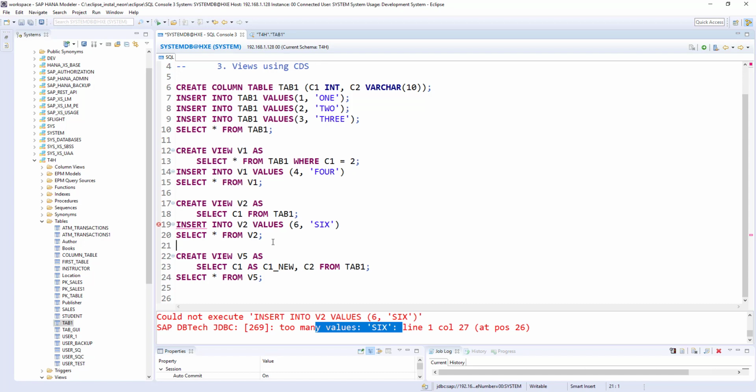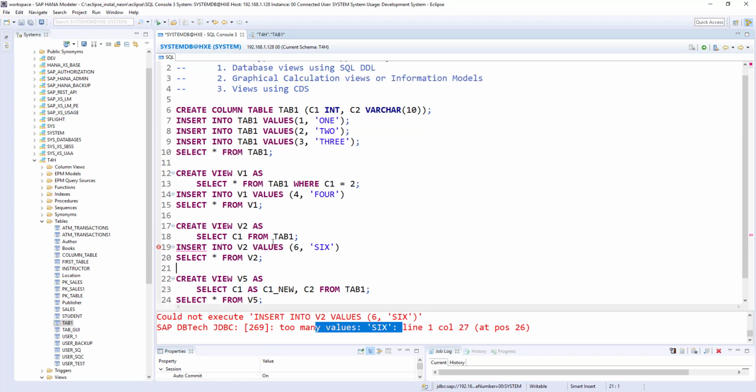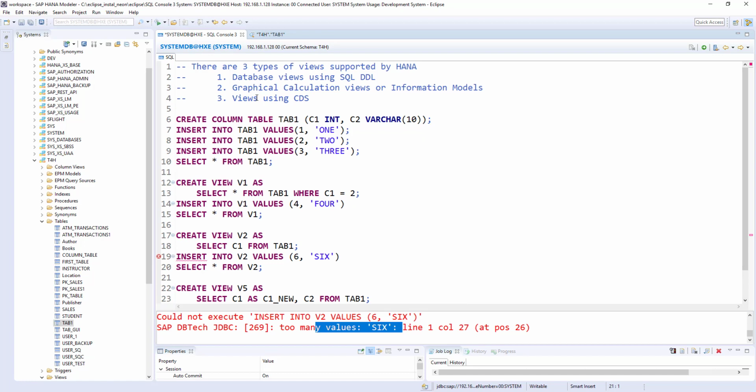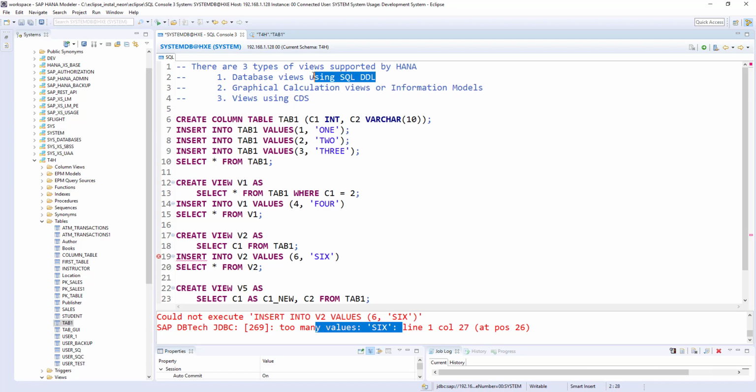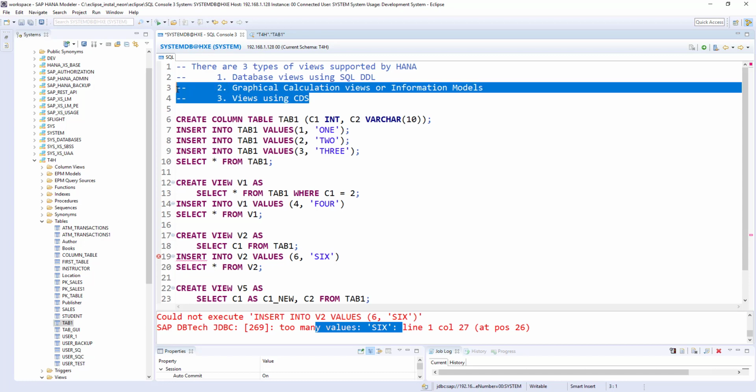So what you need to understand, just a recap before closing this session. Views are 3 types: database, graphical, and CDS. And there are multiple advantages with views, and graphical and CDS views are superior than SQL DDL views, because those are going to create design time objects. We will understand in later sessions what is the design time objects.